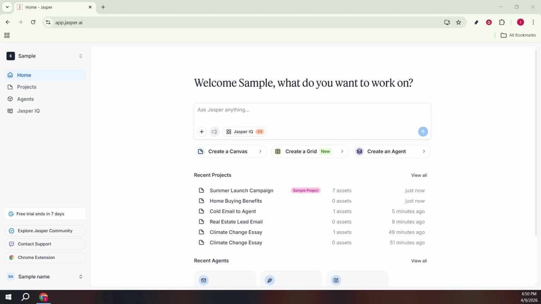Start by opening Jasper and making sure you're on the home screen. If you see a left-hand sidebar, click Home there to land on your main dashboard. This puts you in the right place to access the tools and keeps everything organized so you're not clicking around